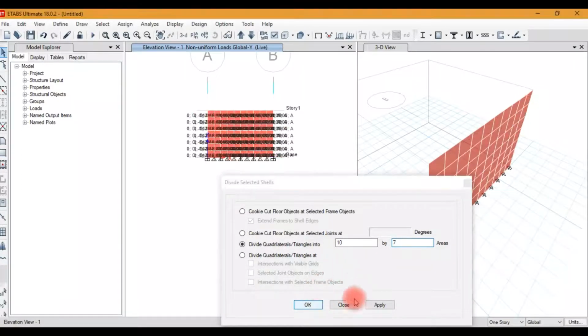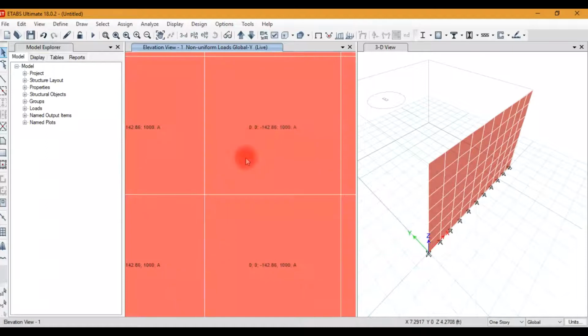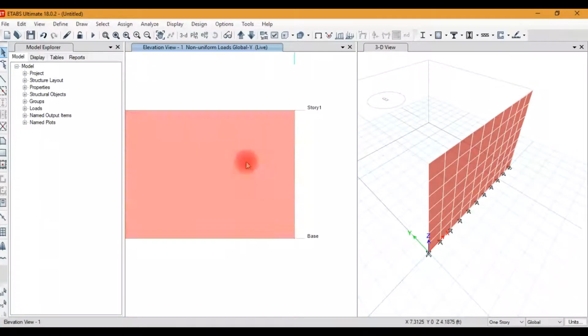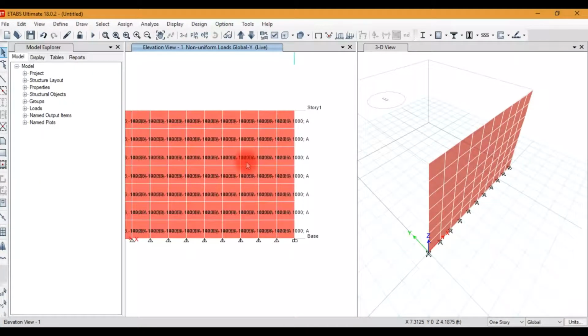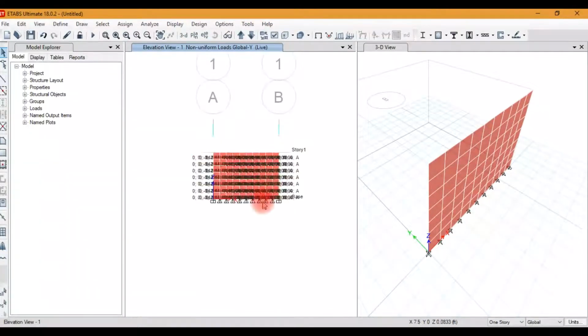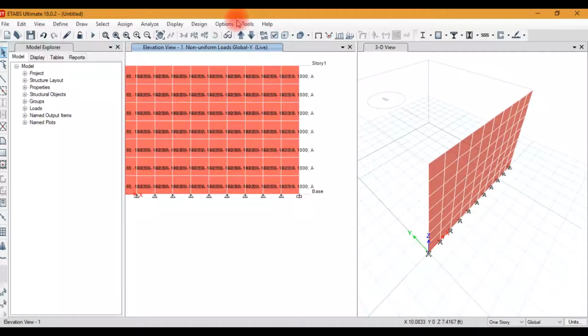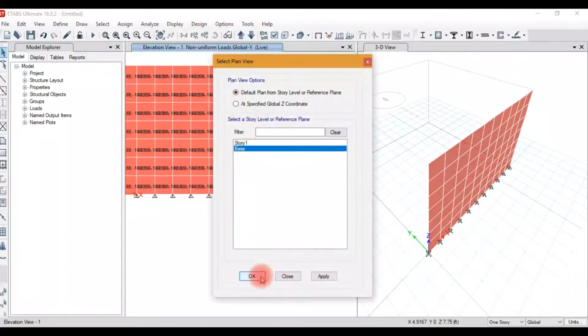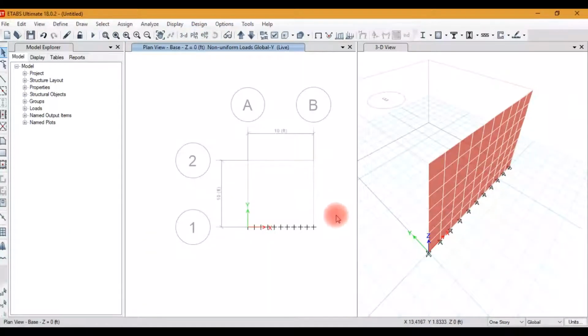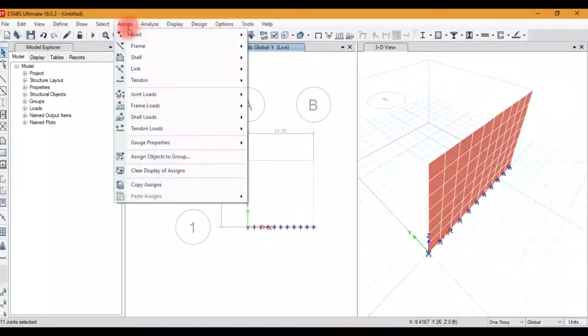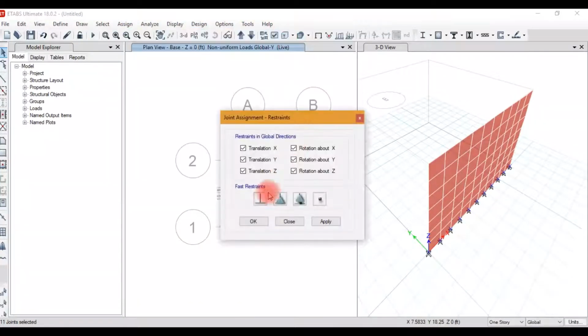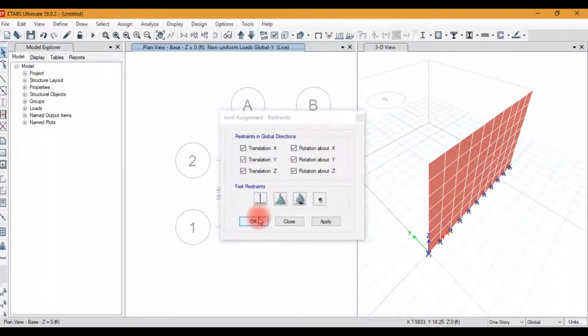Rectangular mesh areas are generated. Now we change the support conditions. Here in plan view, assign joint restraint fixed.